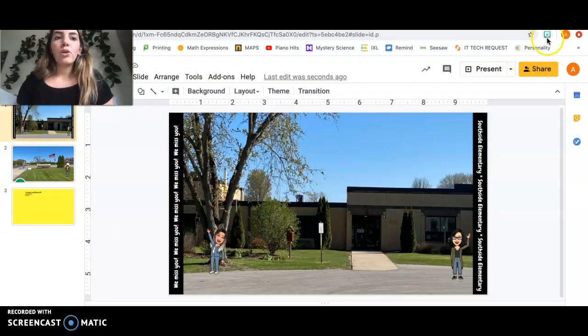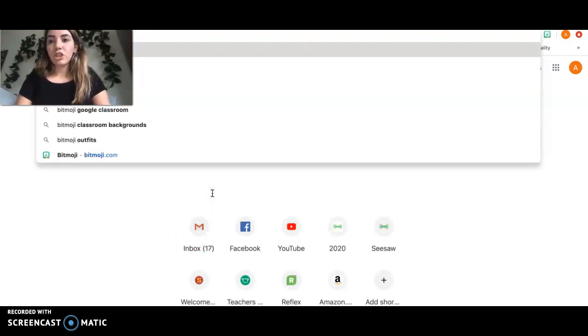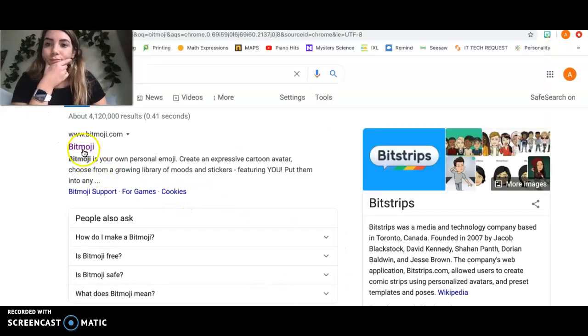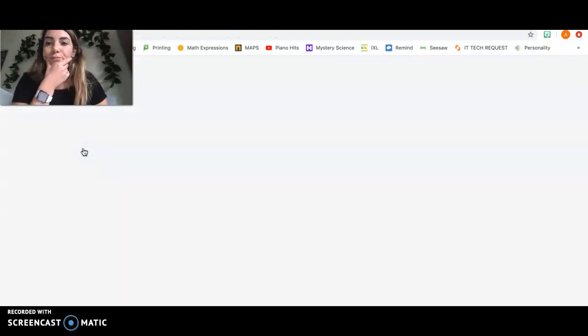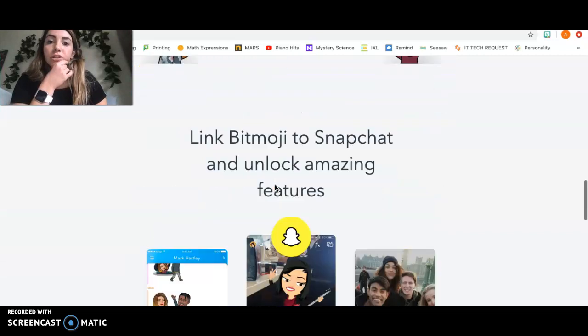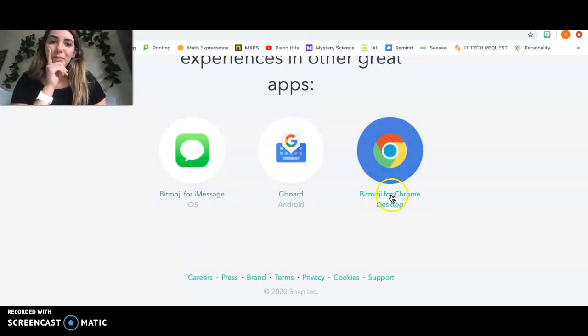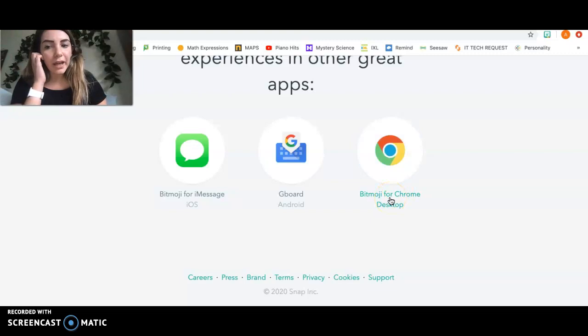So let's say you don't have your Bitmoji thing up here. What you're gonna do is open a new tab. You're gonna search Bitmoji. You're going to click Bitmoji, and then on the page, you're going to scroll all the way down to the bottom, and then Bitmoji for Chrome. Hopefully you're using Chrome. If you're not using Chrome, it won't show up. But then you click that, and then it'll go through and add that on there. So that's an easy way to do